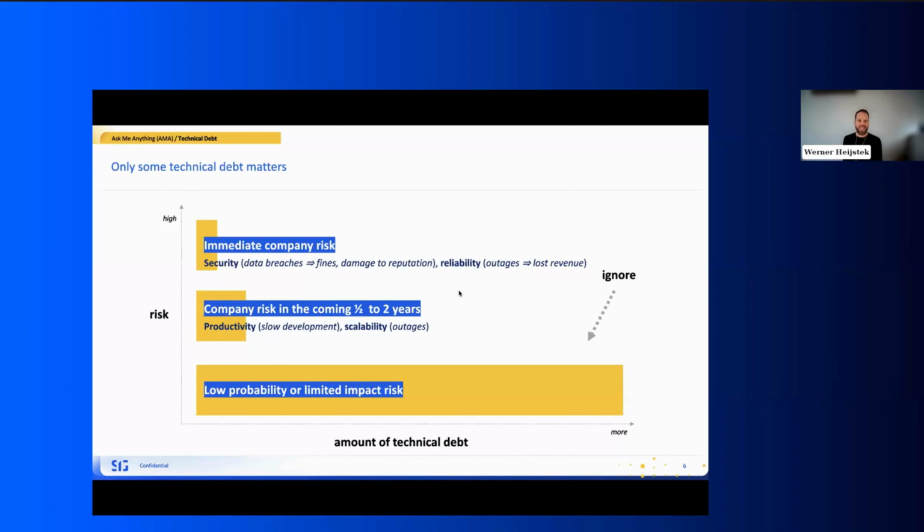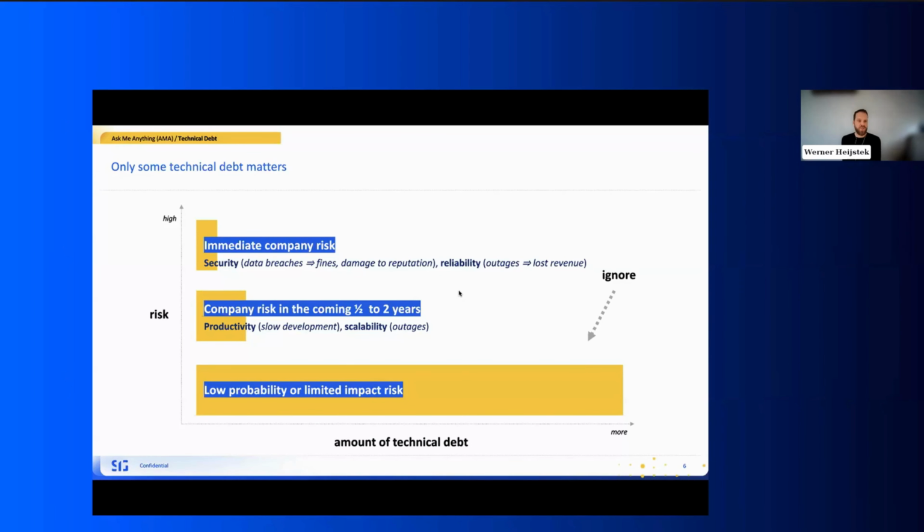Now, having said that, do you then automatically know what to solve? No. There's still a discussion necessary. For example, let's take maintainability, and I can also show you in a little bit. Do you just solve all technical debt? No, that's too expensive. So where do you start? Well, it's probably smart to start in parts of the application, in applications, that you expect to change a lot in the future.